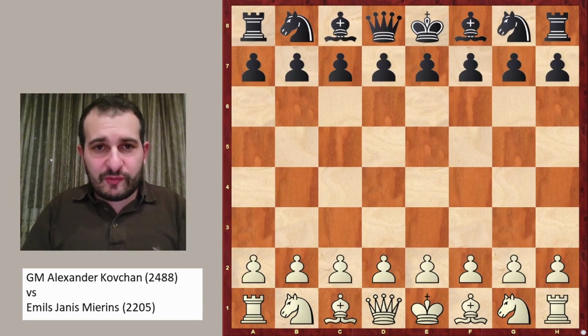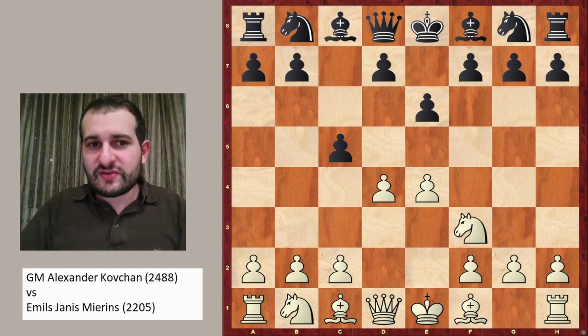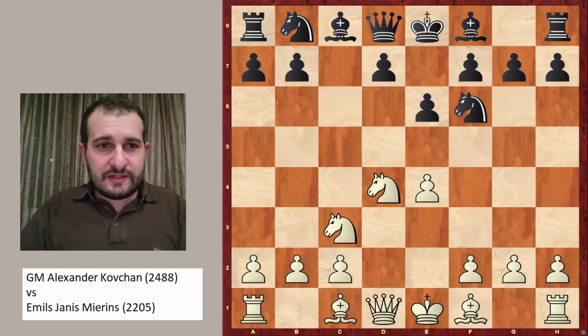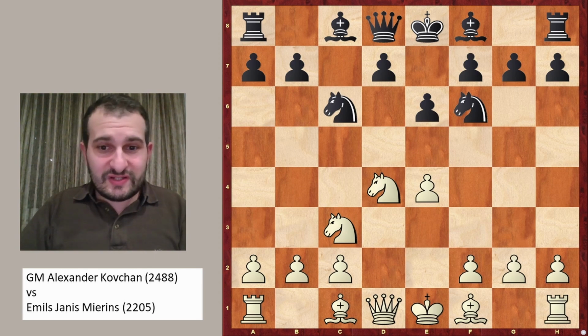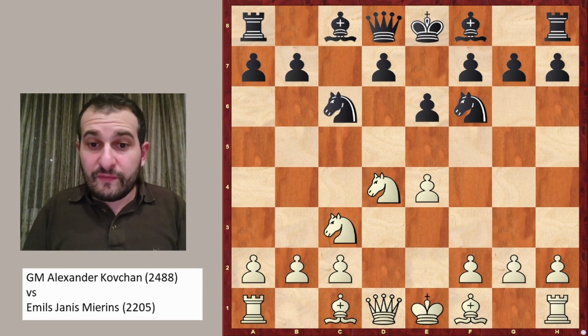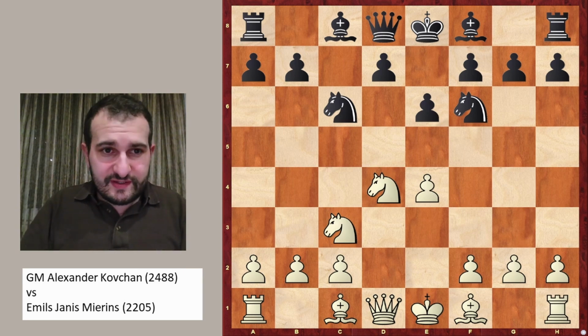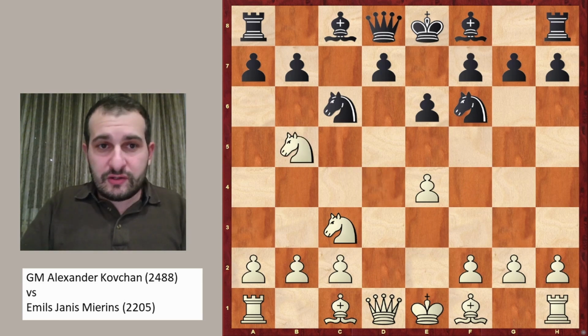Grandmaster Kovchan, playing the white pieces, opens with 1. e4 and his young opponent responds with c5, a Sicilian. Knight to f3, e6, d4. So we have an open Sicilian, and after the moves knight to f6, knight to c3, knight to c6, we have the so-called Four Knights variation where white has a couple of choices such as knight d to b5, and now the